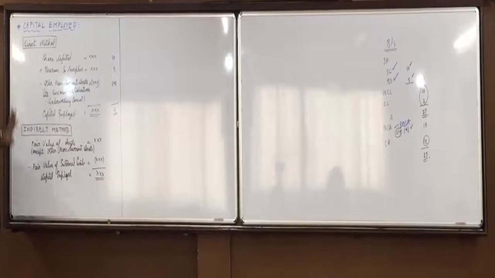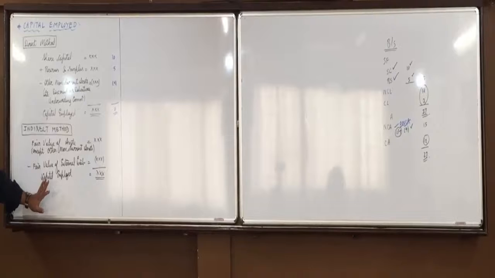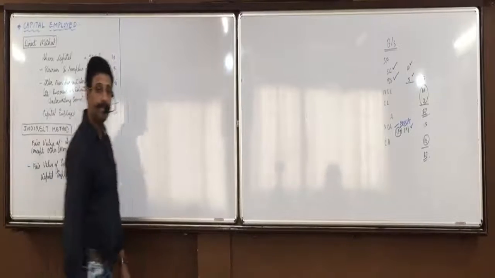Why I have explained the two methods is just so that you understand the concept. Actually, what is the capital of the owners? This one. But because there is a change in the value of assets and liabilities, instead of doing it directly, we do it indirectly, which gives us the same answer. That is assets minus liabilities. So in all the questions, we will be following this method for finding the capital employed. Anyone having any doubts in this? All clear up to this?